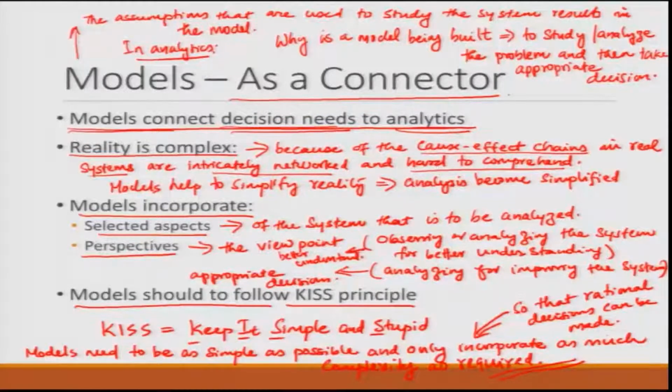While in academic interest you might be interested in making the complex model, for a practitioner this is the biggest principle. This is the practitioner's mantra in my opinion: keep it simple and stupid. Only study what is necessary to be studied. If you are doing research, that is a different story. But for a practitioner who is studying a system so that some goal of the system can be reached, try to build the model only to the level of detail that is needed, and do not add unwanted complexity, just make the complexity as required by the objective of the analysis.